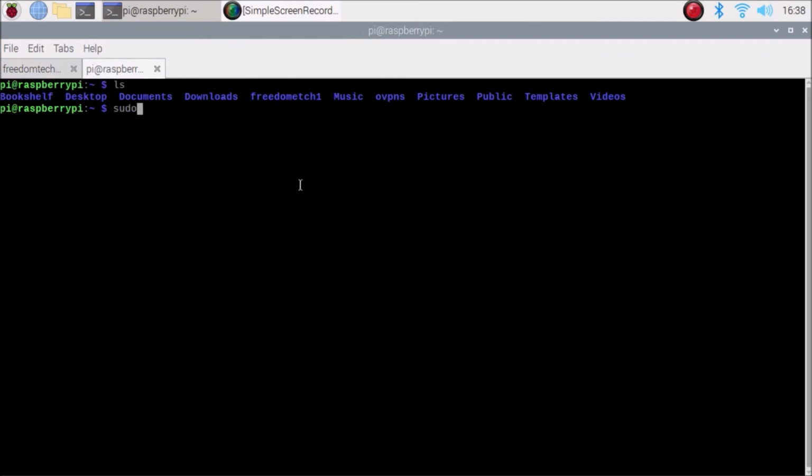Simple, same command, sudo scp. Now friends, we want to send the folder. For that we need to mention -r here. Okay, sudo scp space -r. Then we need to mention the folder which we want to send, of course freedomtech1, space, then same things, the username of our remote machine. In this case, the username of our Ubuntu machine is freedomtech, @ IP address